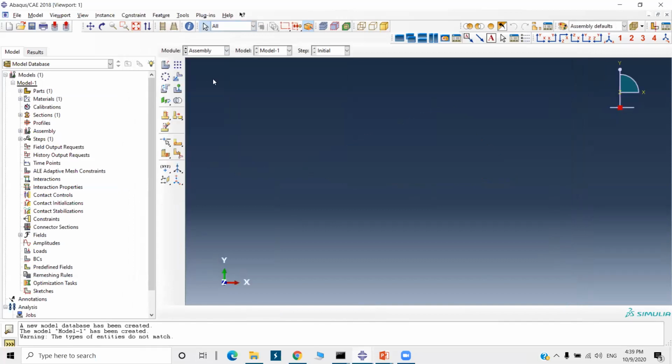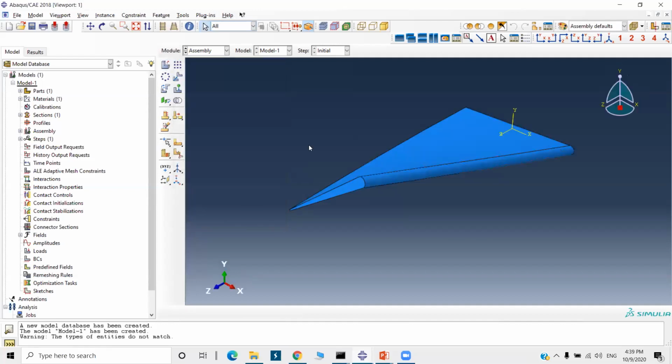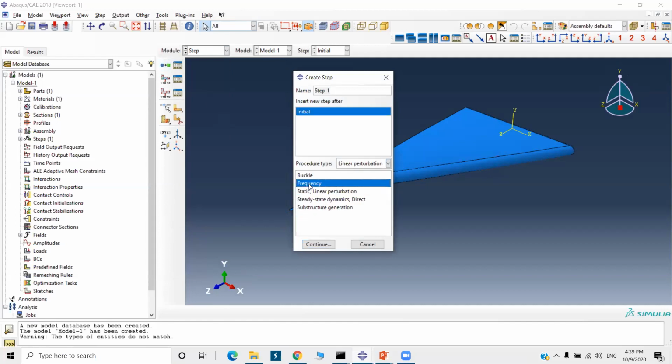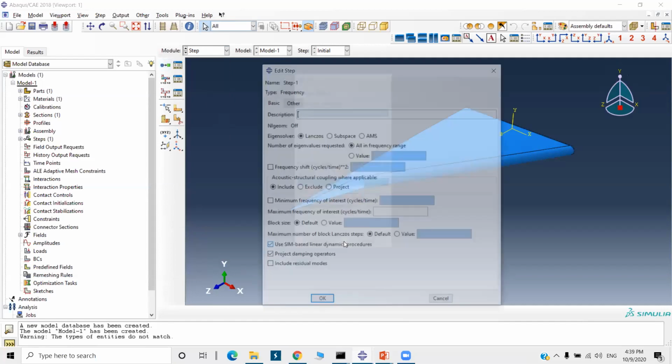It is an assembly, create instance. Now the step is important, create step. In general you have to select here, instead of general, select linear perturbation, and here you have to select frequency. Okay, continue.